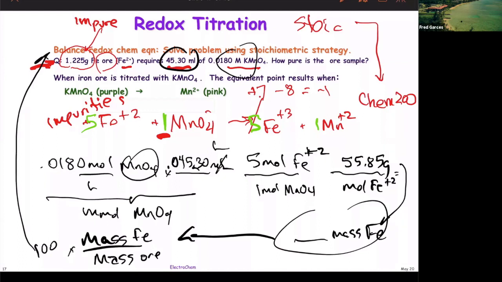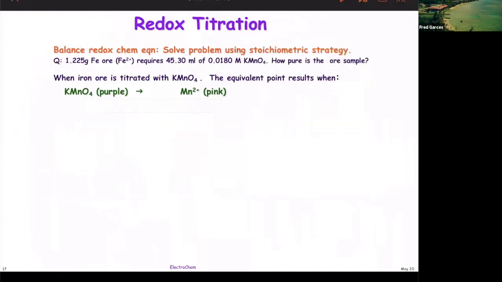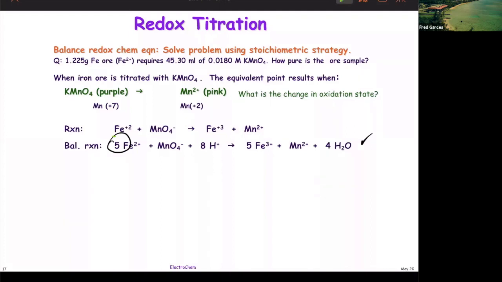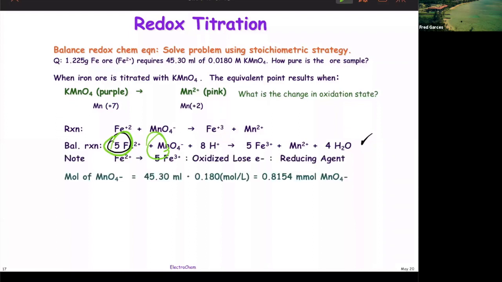So let me go ahead and proceed with this. Let me clean my slate. Now that you've seen the strategy, I'm going to clean this. It's going to be in the recording. This is the balanced equation. I just gave it to you without working it out, because at this point, all you need is these values right here. It's a 5-to-1. Then we can convert the concentration and the volume